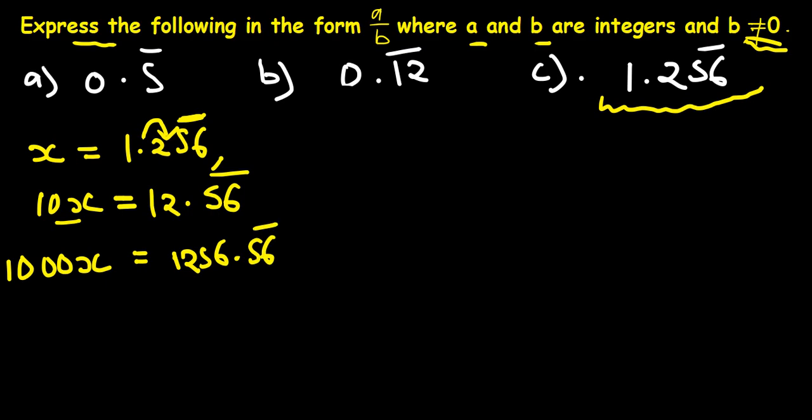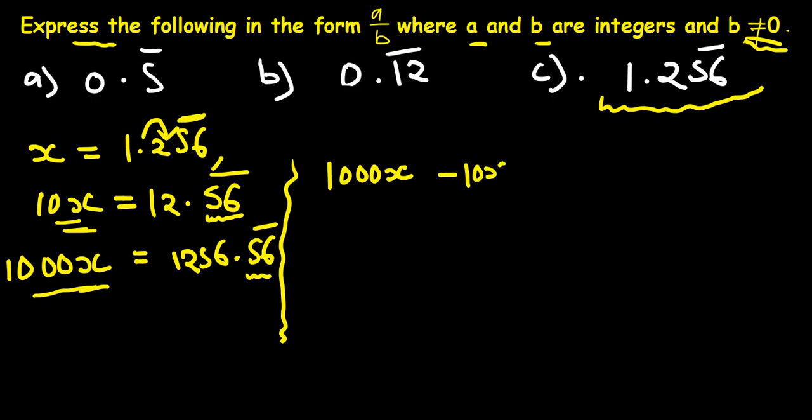Now in order to express this number as a fraction, we are going to subtract 1000x minus 10x. So why are we picking 10x and 1000x? Because they are the ones that have the repeating part immediately after the decimal place. So we are going to say 1000x minus 10x is equal to, the value for 1000x will just be 1256.56 bar, then minus the value of the 10x, which will just be